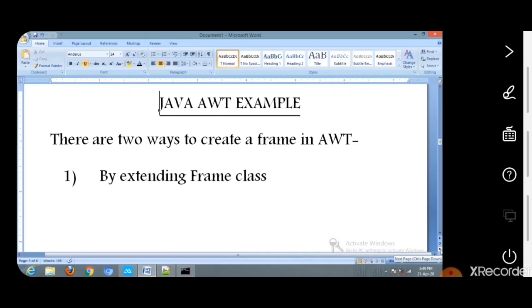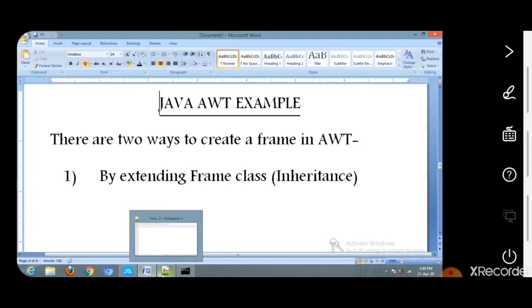Frame is a class in AWT which belongs to the container classes. So by extending the Frame class, we can create a frame in AWT, and this method is known as inheritance. We can see an example.